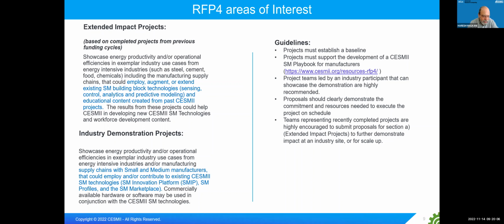There is some overlap, obviously, but again, we don't want to discourage anybody from applying for one or the other. And if it feels like one of the areas is more suitable than the other, then we'll let the teams know in that fashion. So on the right are some guidelines, and these are all posted in the RFP, obviously. When you're talking about impact on the industry, we are looking for, making sure that you have some sort of a baseline so that you mark a metric and say that we expect to improve this particular metric by X%,